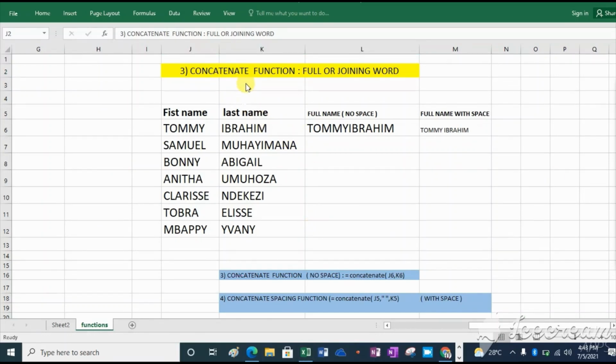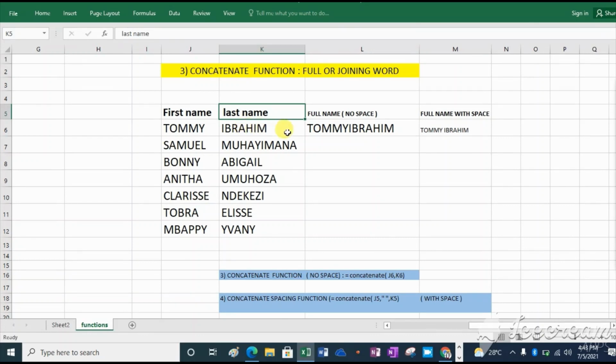For example, we have a first name and here we have a last name. You need to join Tommy and Ibrahim, but with no space.